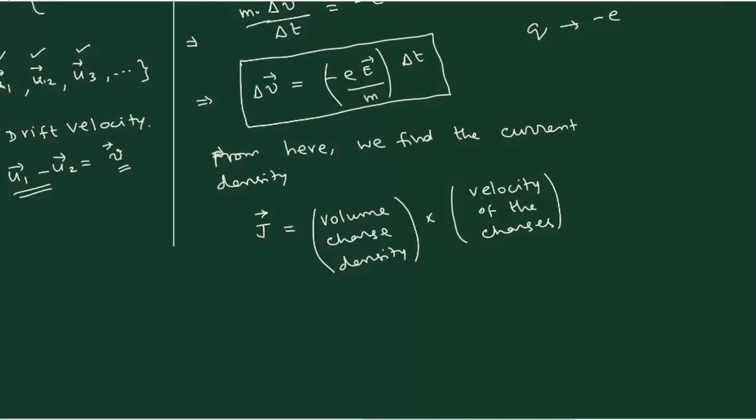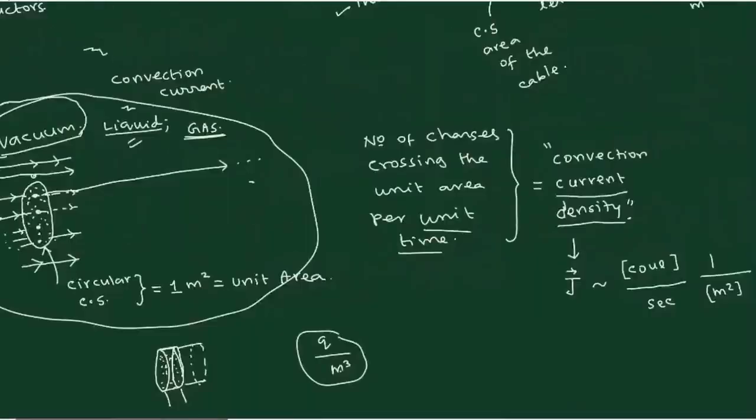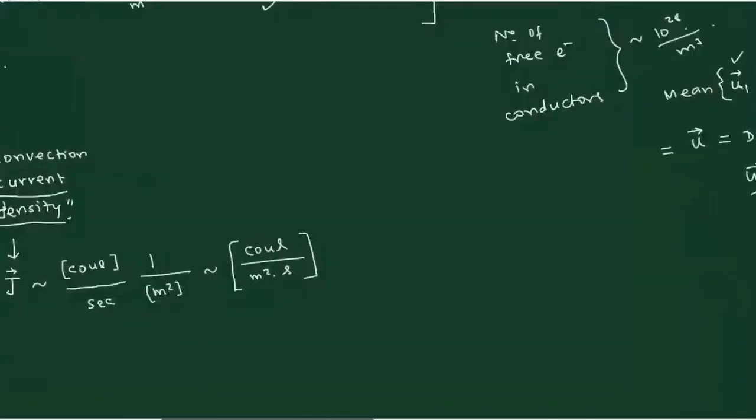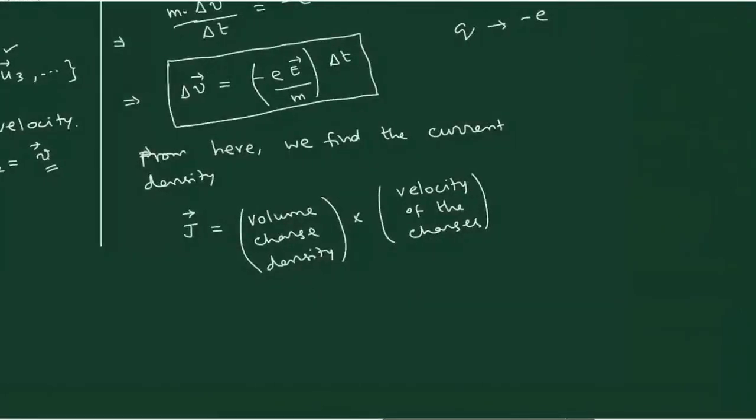And multiplied by what? Multiplied by the speed of the charges. In the case of the vacuum, just now we have seen that all these charges are moving. When they are moving with a certain speed, only then does this represent the current density. For current density, you require two things. One is you need a volume charge density, and the second thing is they should move. If they are not moving at all, then there is no current density. These are the two requirements, and exactly that I have written: volume charge density multiplied by the velocity of charges. This is the standard definition.